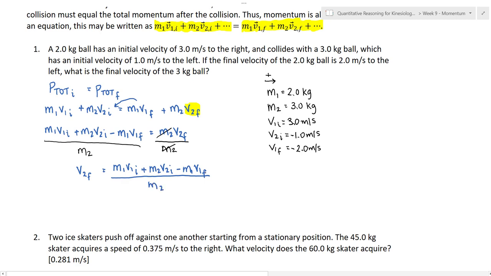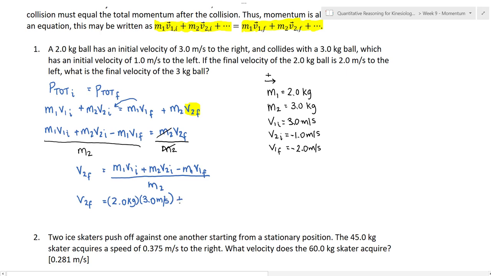Now I'm ready to substitute all the values in that I know. v2 final is equal to m1, which is 2 kilograms, v1 initial is 3 meters per second. I can put the units here if that's helpful, so I'll do that here. You don't need to put the units in though. As long as everything is in SI units, your final answer will be in SI units as well. So we have 2 kilograms, v1 initial is 3 meters per second,